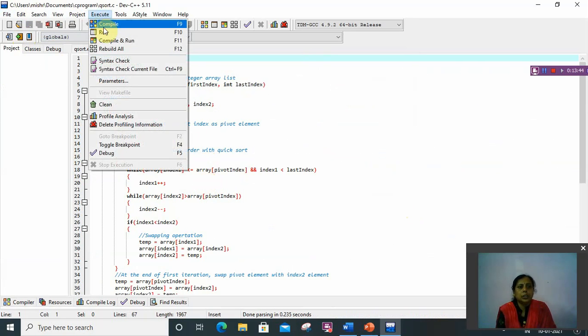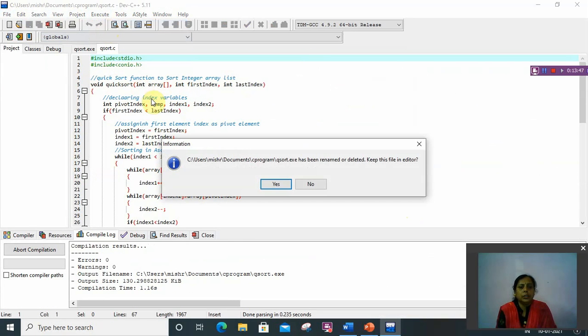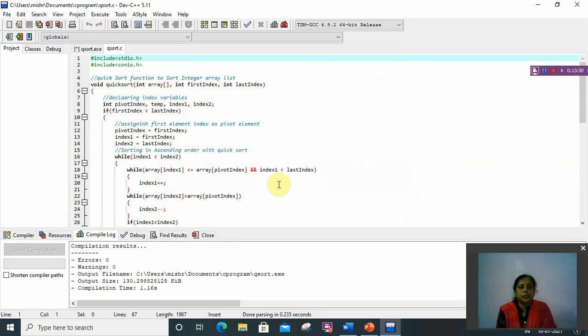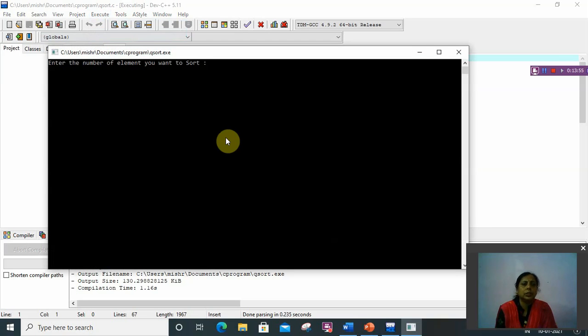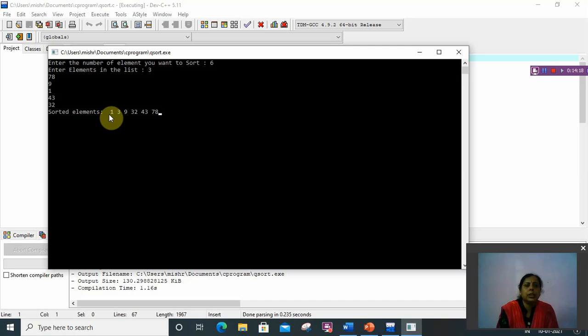Then just compile it, then run it. Enter the number of elements you want to sort. So I am entering 6 elements. The elements are 3, 78, 9, 1, 43, 32. So the sorted array is 1, 3, 9, 32, 43 and 78.